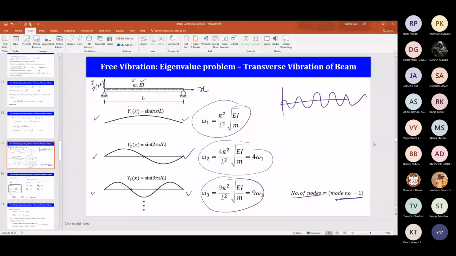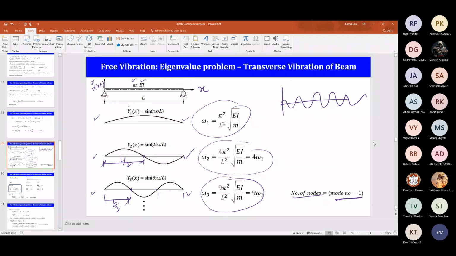So can you tell me what is this point? Is it L by 2 or is it L by 3 or anything else? What is this distance? You can just directly check, L by 2. Is it correct? Let's check it. Substitute here x equals L by 2. Yeah. And this is L by 3 or anything else? L by 3, sir.